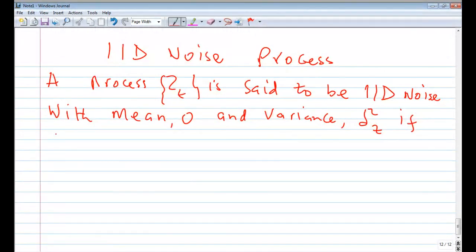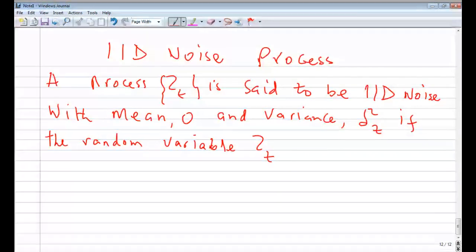If the random variable zt, oh no, I missed something here. A process that is said to be IID noise with mean 0 and variance sigma squared z, written as, I forgot something here, written as,